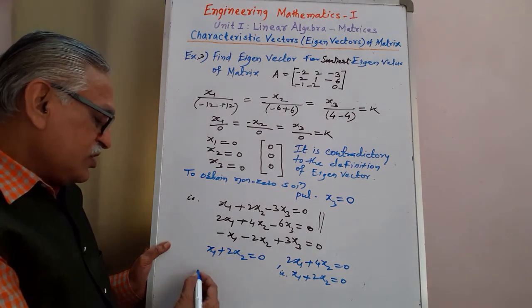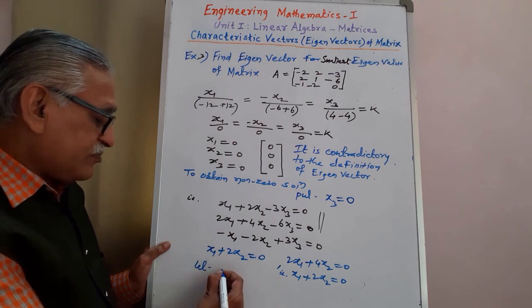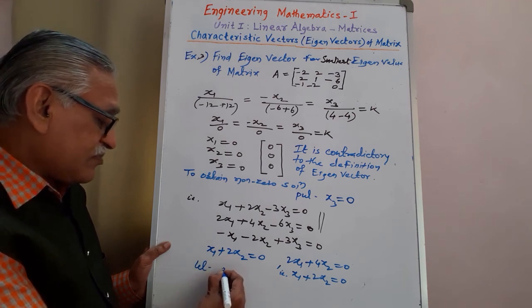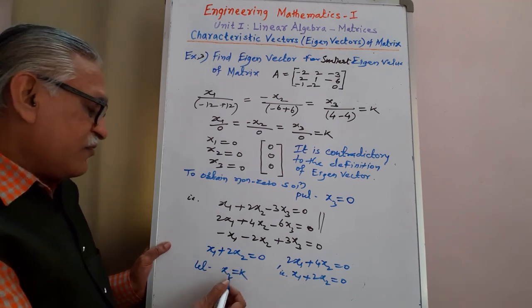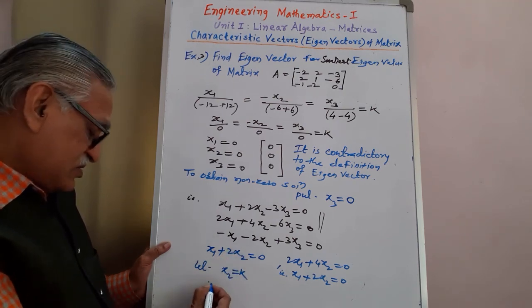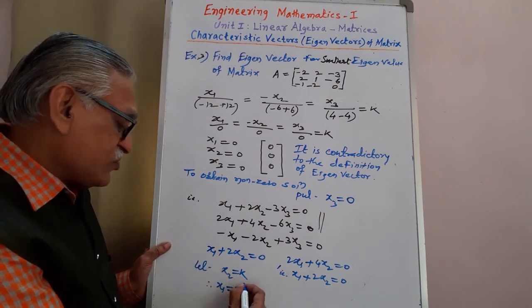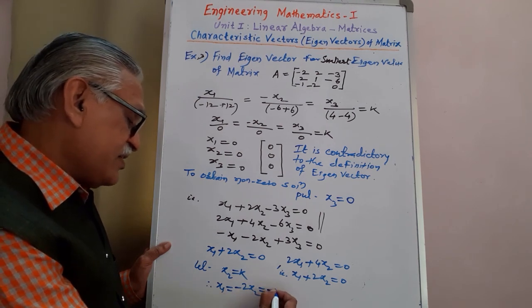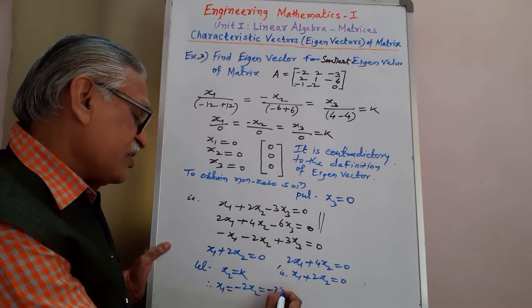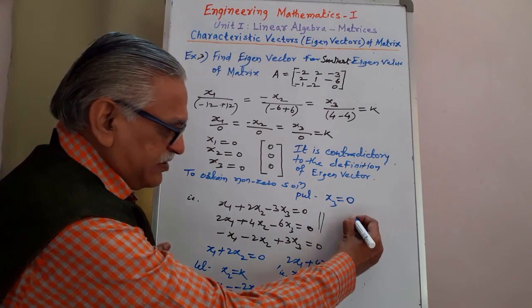Out of these two, let us consider any one of them as k, suppose, and if we put that value here, we get x1 as minus 2x2, and therefore x1 as minus 2k, and therefore that eigenvector